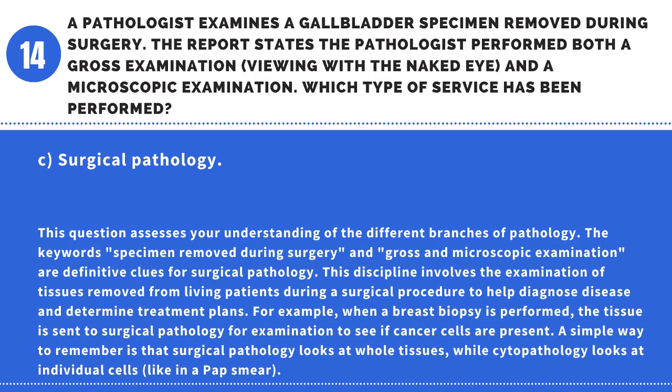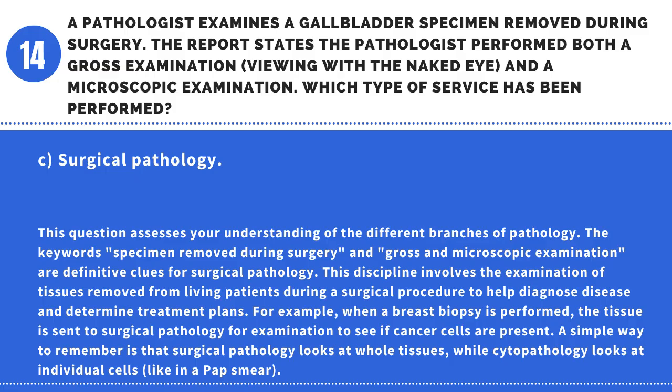Answer C. Surgical pathology. This question assesses your understanding of the different branches of pathology. The keywords specimen removed during surgery and gross and microscopic examination are definitive clues for surgical pathology. This discipline involves the examination of tissues removed from living patients during a surgical procedure to help diagnose disease and